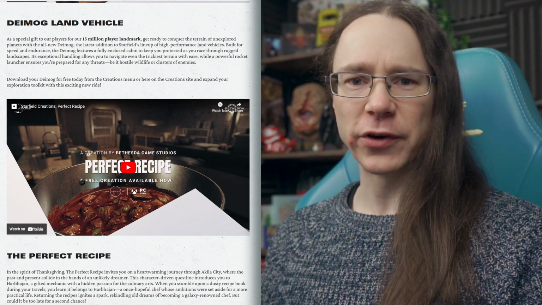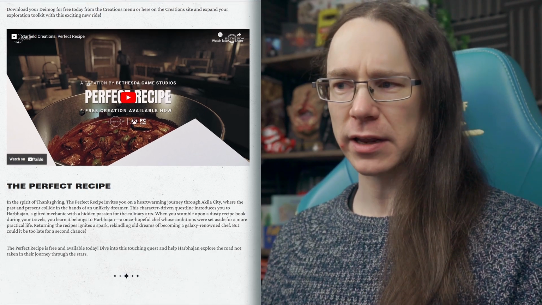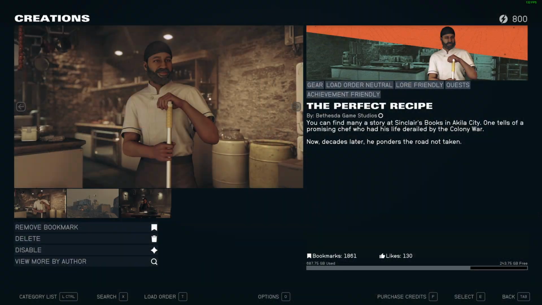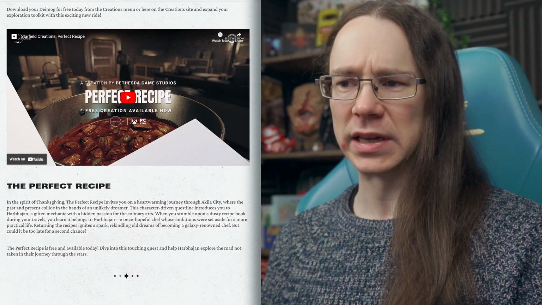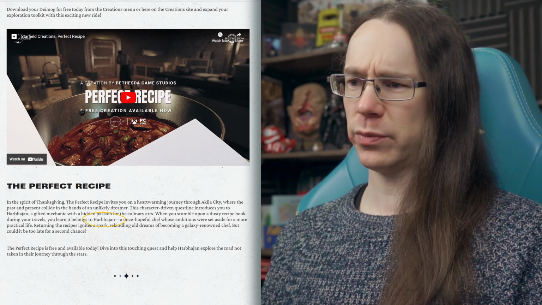So, the second free creation is The Perfect Recipe, and in the spirit of Thanksgiving, this is a food-based side quest that has been added. So basically, this is set in Keeler City, or at least it's primarily set there, and if you head over to the bookshop on the left side of town as you're walking in, then you can find a book in there of recipes, which will lead you to a chap called Harbour-chan, from the look of this,